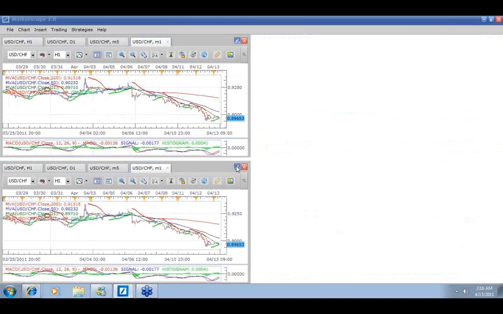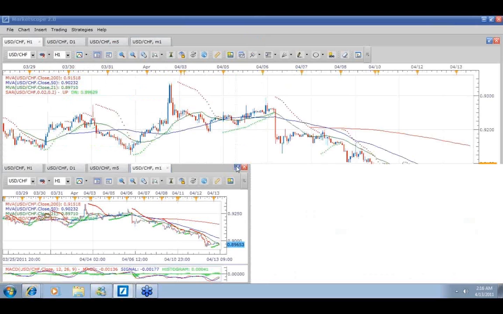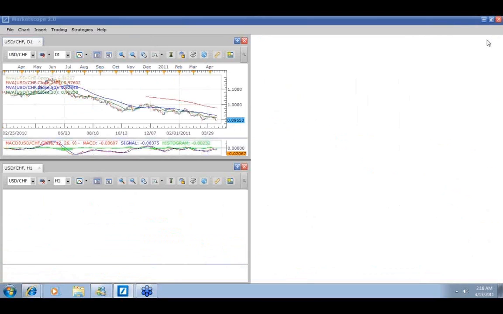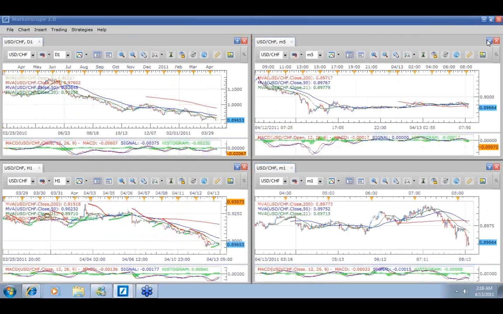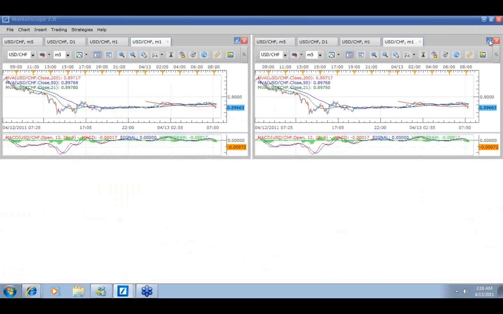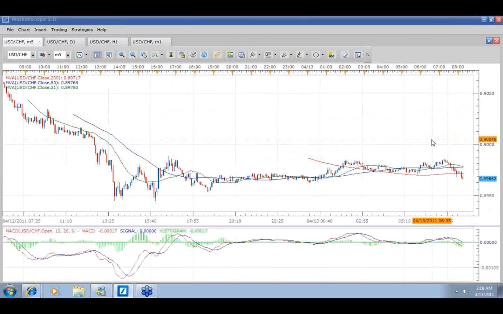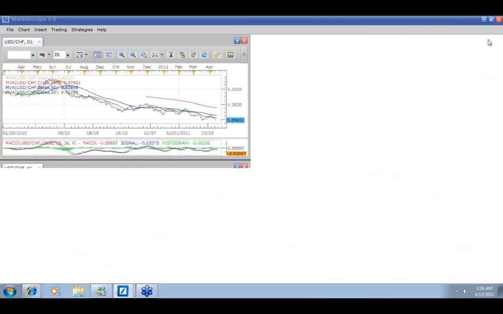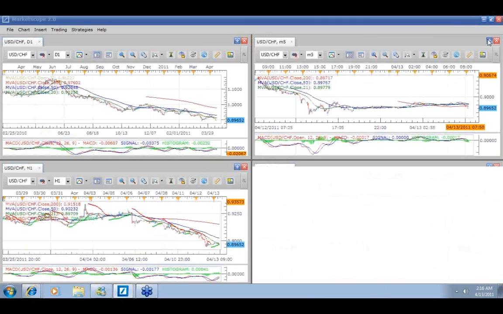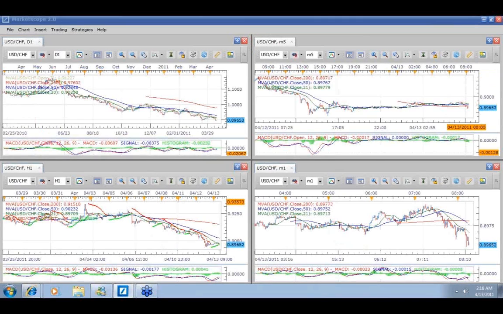It's below the 21-period moving average. Looking at the 5-minute, it's done all the right things. I mean, it's not made a new low, but it's not rallying above its resistance here at 89.60, 89.86. And just to show you how you can actually put a trade on, here it's been selling off,